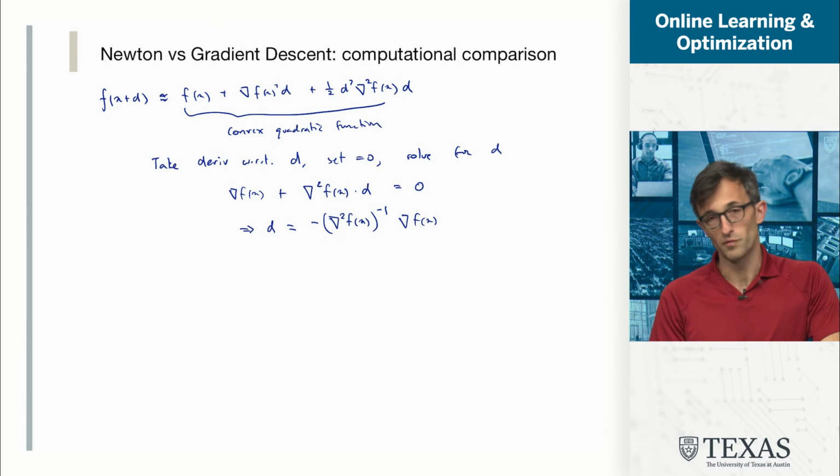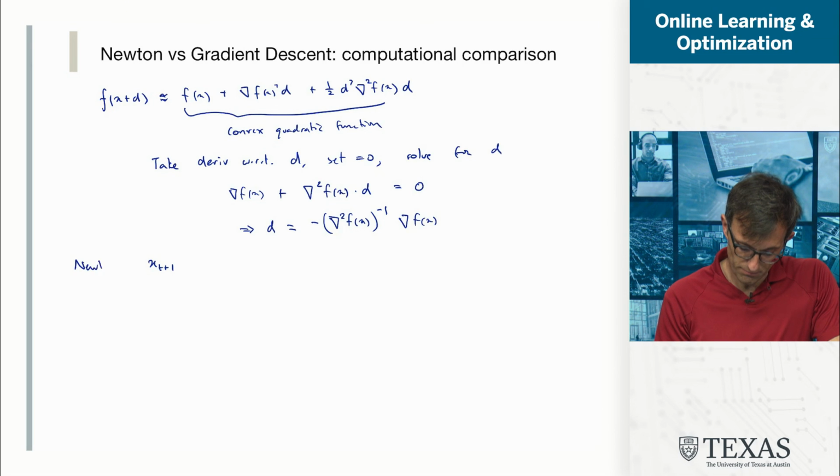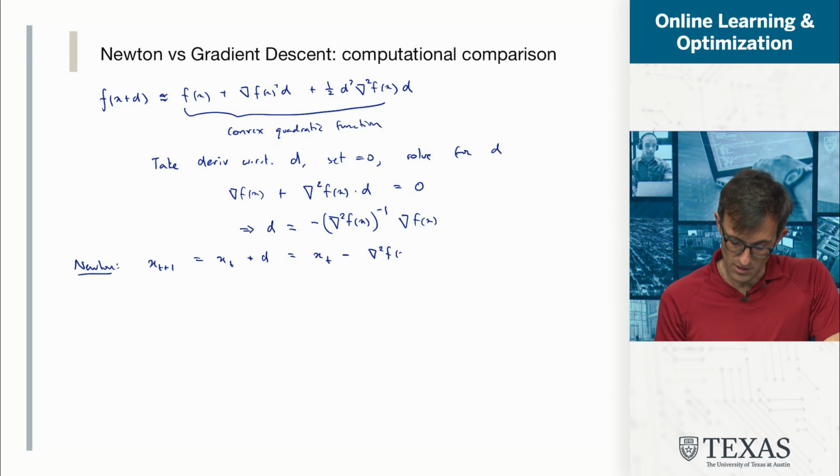How did I get that? I moved the gradient over onto the other side. I multiplied both sides on the left by the negative of the inverse of the Hessian. Okay, so that means that my Newton step, xt plus 1, is equal to xt plus d. So let's write it more clearly, xt plus d, which is equal to xt minus the inverse Hessian